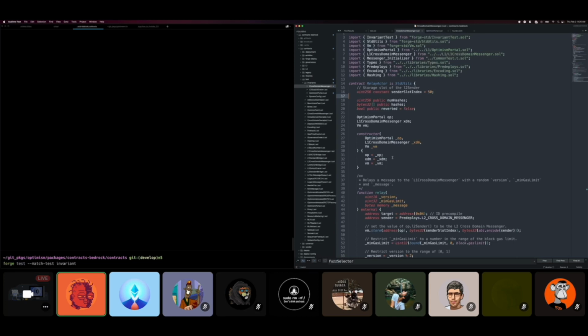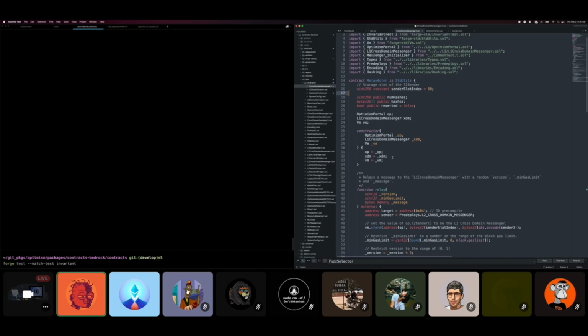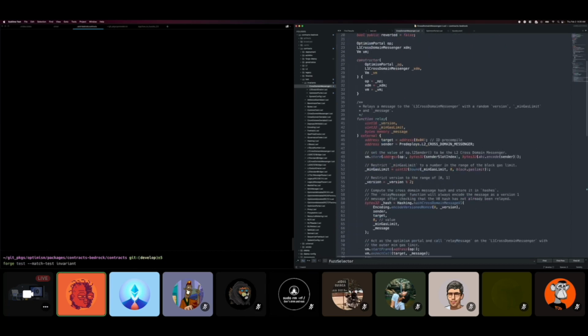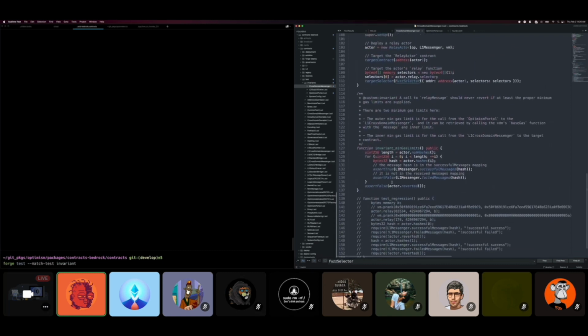But Echidna is still a very powerful tool, and I recommend either, as long as you are fuzzing and invariant testing. That is the most important thing, whether or not you use Echidna. I know Spearbit did a session with the Trail of Bits guys who wrote Echidna, and if you want to deep dive into Echidna, I recommend checking that out. But I want to highlight invariant tests. So, sorry, what is an invariant test? An invariant test is basically if you were to take your entire contract set and